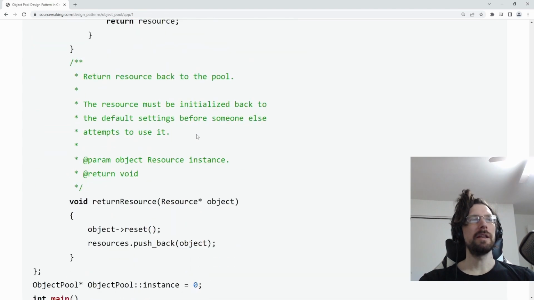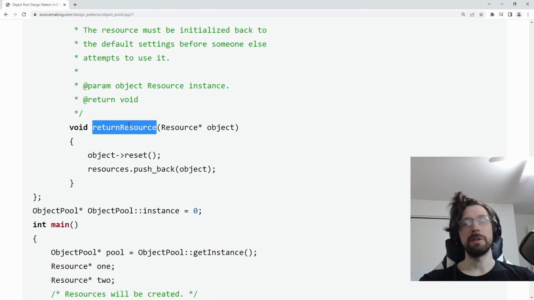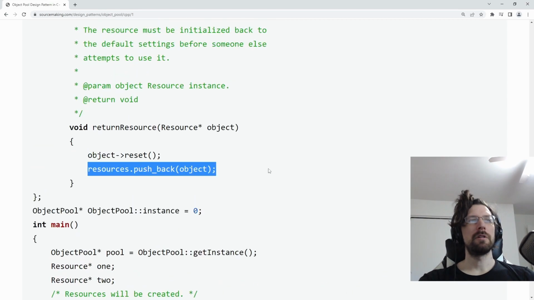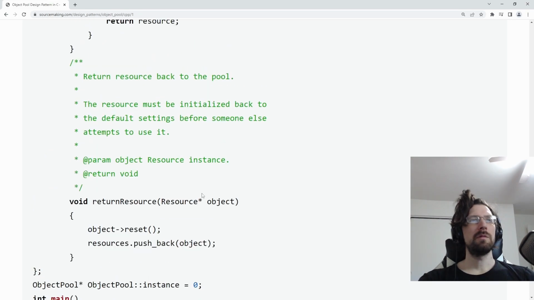All right, and then when you're done with the resource, you call return resource, and it's just a pointer to the object once again. And we call object.reset, which we saw earlier, just sets it to 0, and then we add it back to our list. Now, what's important about this is we're only passing around pointers. So some pointers might be created and deleted and deallocated a little bit, but the actual object itself